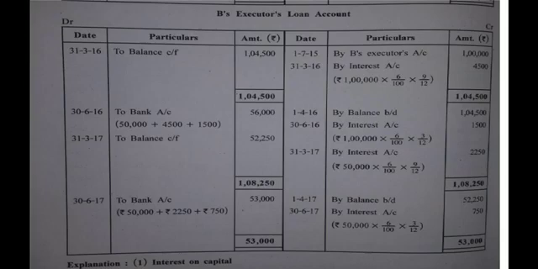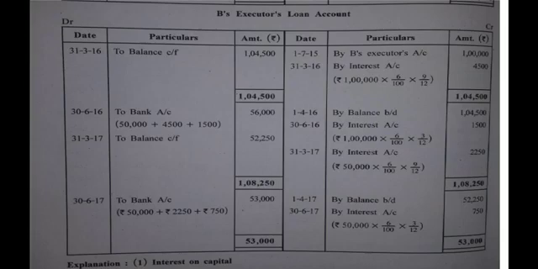Yes, so 1/4/17 से 30/6/17 तक रहते हैं 3 महीने. So we'll calculate the interest on 50,000 for this 3 months. So the interest for 3 months is 750. Now this entire amount is to be paid on this date, that is 30/6/17,